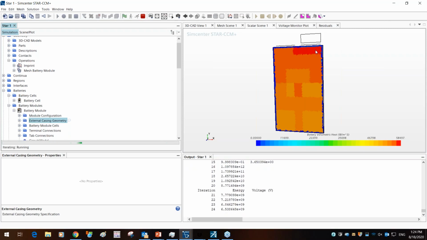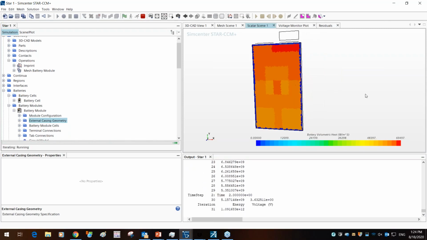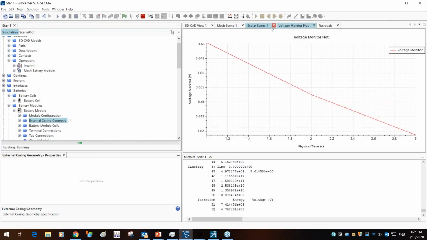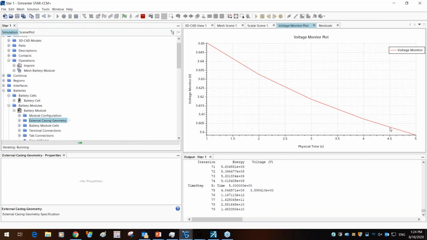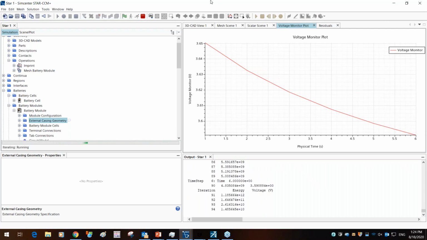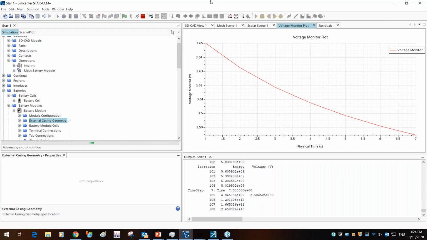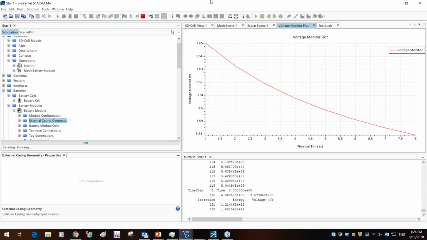Again, you're going to see the temperature is pretty high along the tabs, and it's along the same temperature that you expect for the single battery in series, and that's expected as a single cell as expected with the 3 batteries. And here you can see the voltage monitor plot with the discharge pretty steady in this case. So that sort of marks the end of my presentation when it comes to setting up the module for a single cell series.